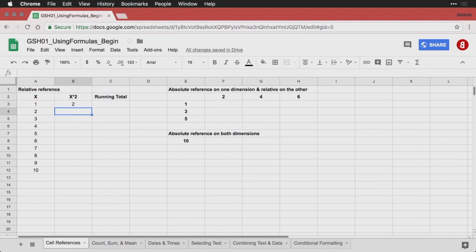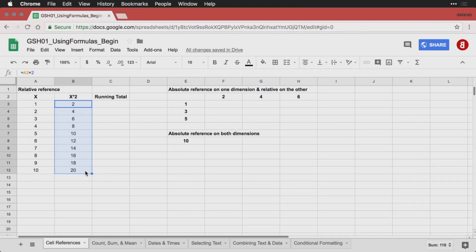If you want to see again what's going on here, just double click on this cell. And it will highlight the cell it's referring to. And you see the color here is orange and it matches here. If you have more than one cell reference, it'll do them in different colors. But you can see that there's a formula there. And then I'm going to click on that one and I'm going to drag it down. And what it's going to do is it's going to maintain the relative reference. And it's going to say at each step, take the cell that is 1 over to the left and multiply